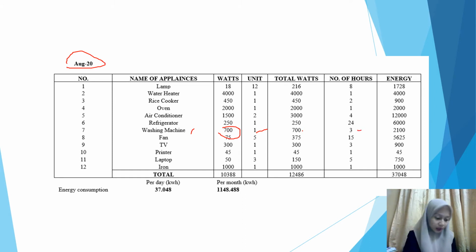So 700 times 1 unit, and we get total watt 700. And then we multiply by 3 hours, and the energy for 1 day is